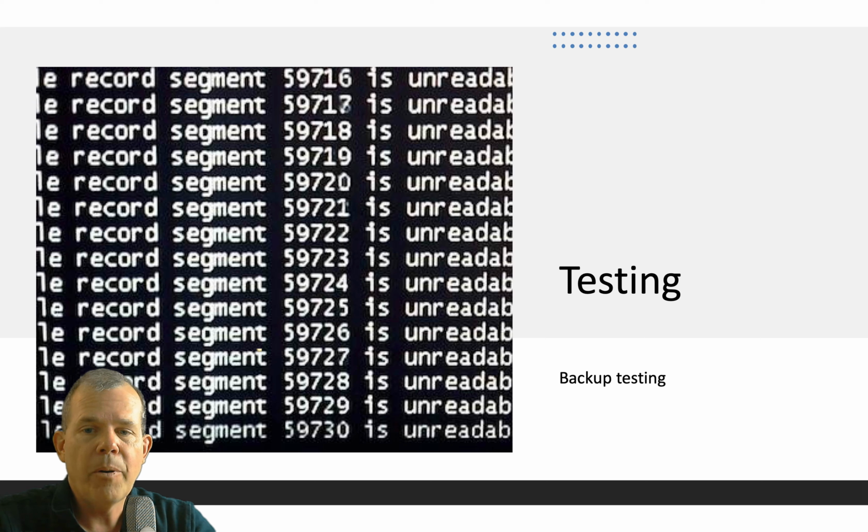So this was unfortunately a painful experience for me, where I was doing backups for a library once. The entire library database was supposedly backed up every night. Until the hard drive failed, we realized the tapes were not backing up anything at all. And so we lost tons of data and had to do a lot of restoring manually. And so I was not a popular person at that time. So make sure that you test your tapes. Make sure that your backups are working like you expect. And the only way you can do that is to try to restore them. You can't just assume that because the backup message said everything was good, that it actually was good.